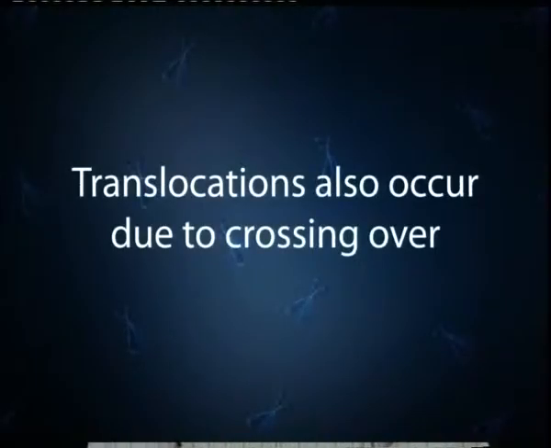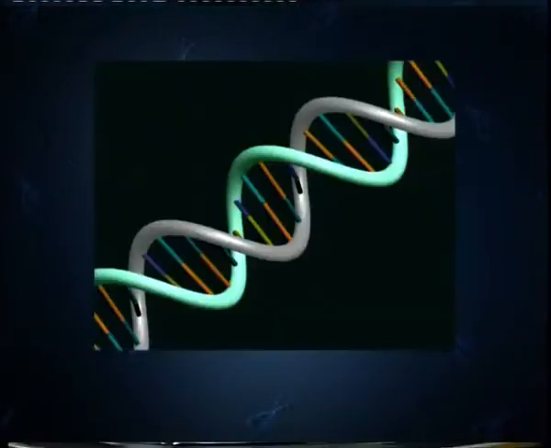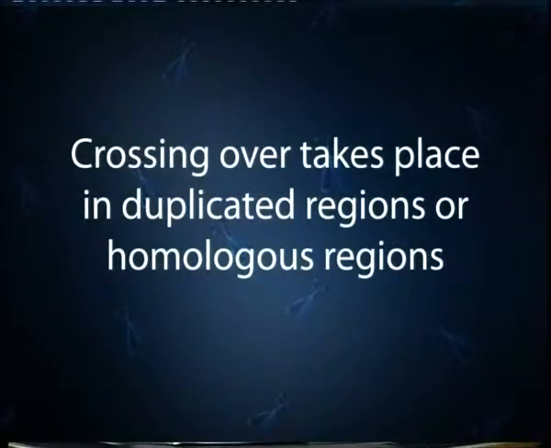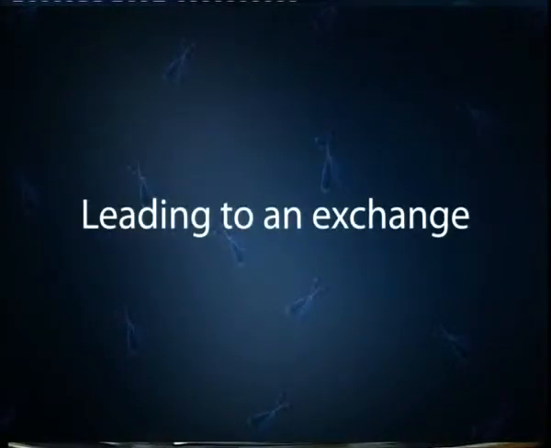Translocations can also occur due to crossing over events between non-homologous chromosomes. There are sometimes some repetitive DNA elements or centromeric elements which are homologous between the non-homologous chromosomes. So, crossing over takes place in such duplicated regions or homologous regions, which leads to exchange of chromosomal segments between